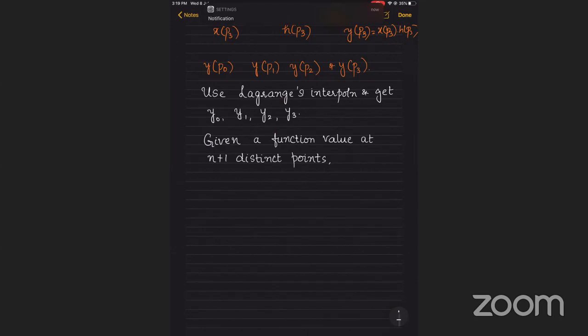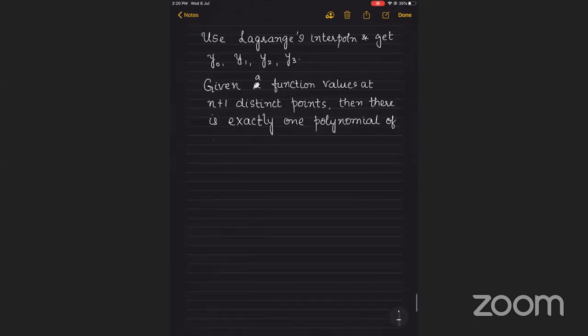It says given a function whose values at n plus 1 distinct points are known, then there is exactly one polynomial of degree n that passes through all the n plus 1 points, and that is given by